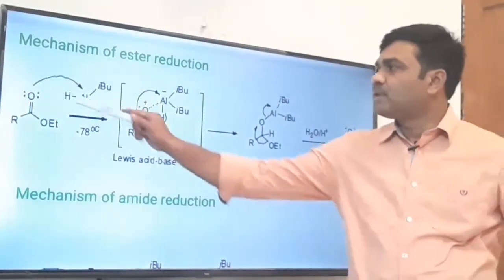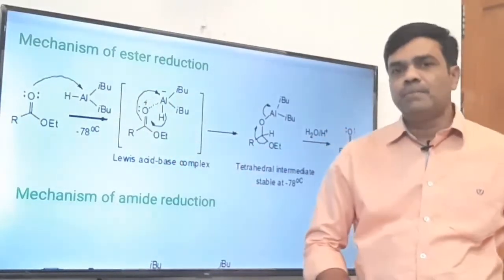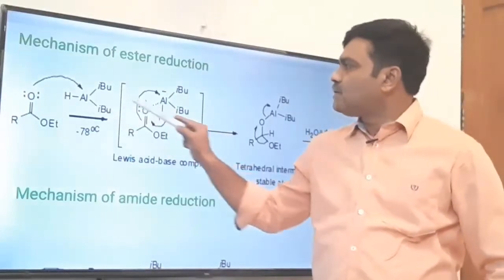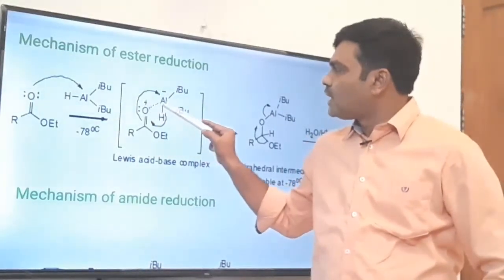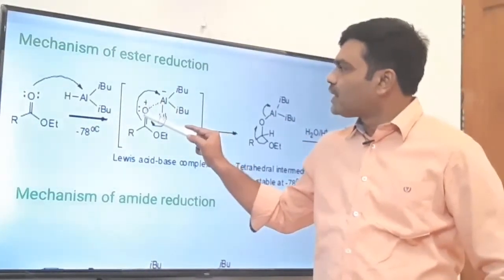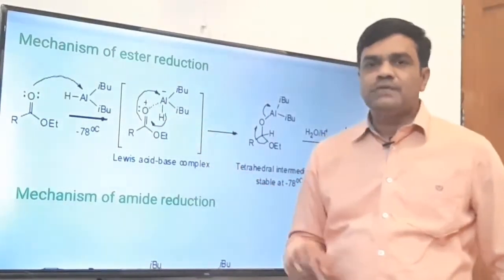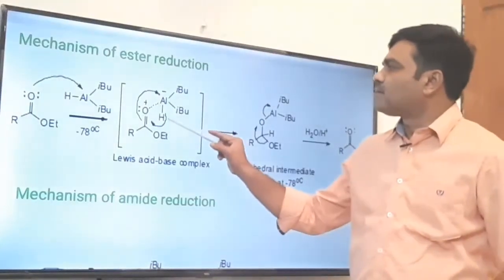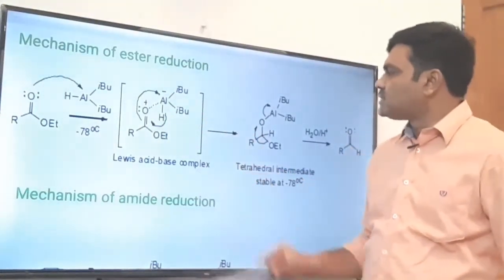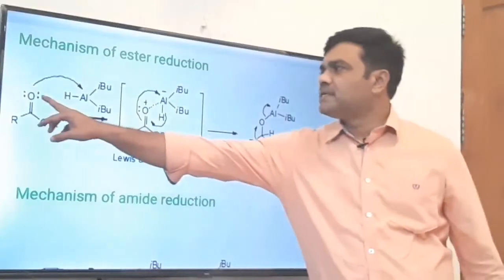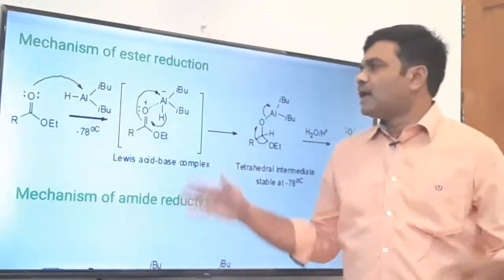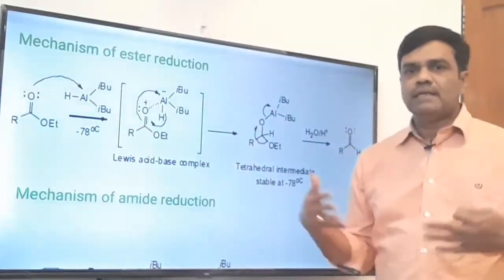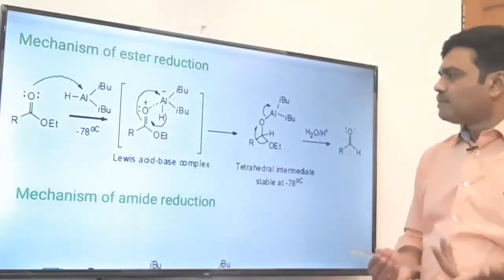So oxygen of the carbonyl is giving its lone pair to the aluminum, and a bond is formed between oxygen and aluminum. And see, on the donation of one lone pair to the aluminum to form this coordinate bond, after donation the oxygen is deficient, so a positive charge has been written here, and we get this Lewis acid-base complex. Actually it is a base, and the aluminum is a Lewis acid. After donation of the lone pair to the electrophile, that is the Lewis acid, we get this complex, which is unstable.